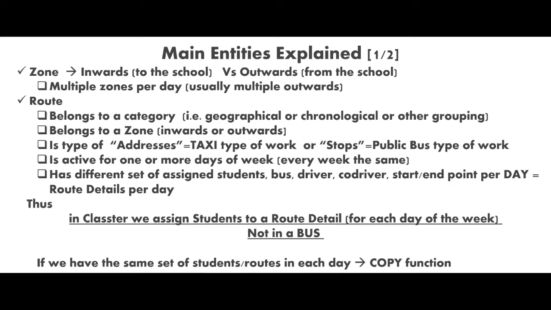The address type of route basically means this is like a taxi type of driving. Each customer says where they are, and we are going to pick them up from that specific point. So in this case, the bus will pick up students from student-specific points